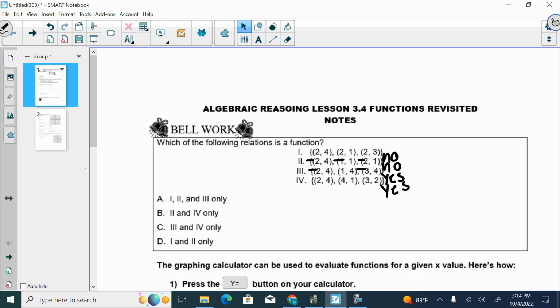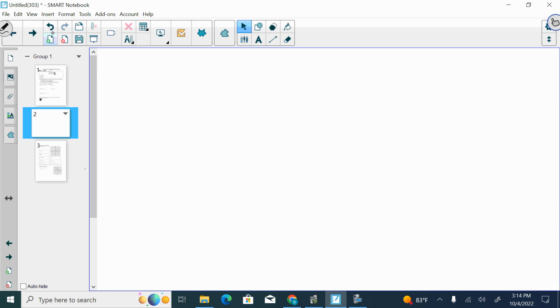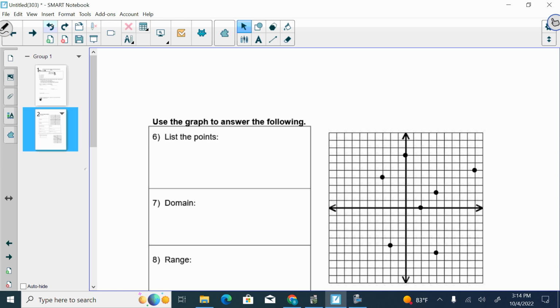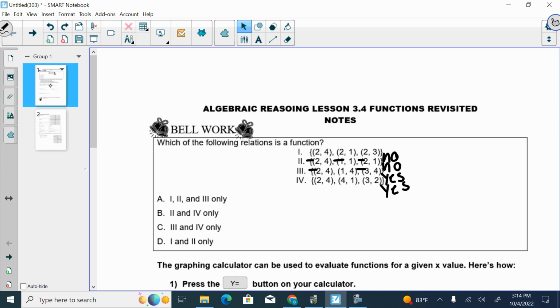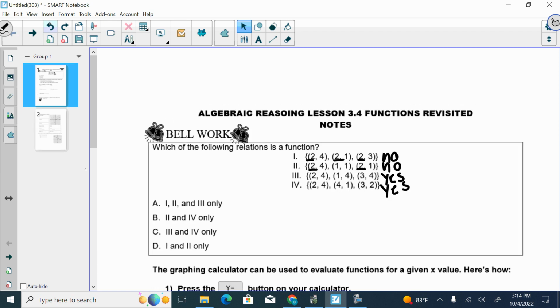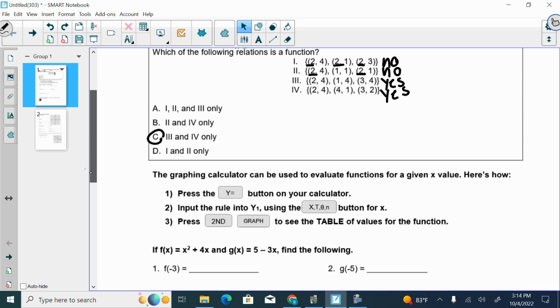Ooh, I just moved the whole thing, didn't I? Uh-oh. There we go. What's going on? There it goes. Okay. So,